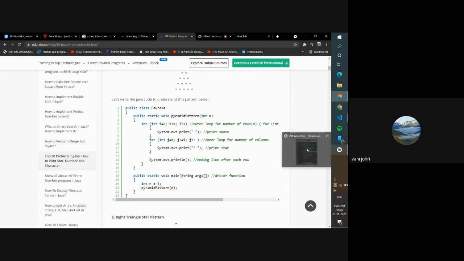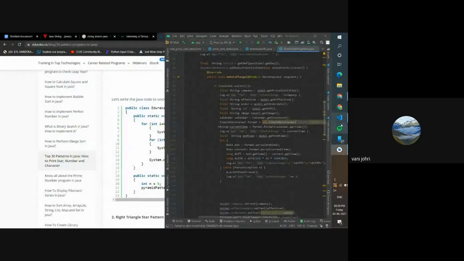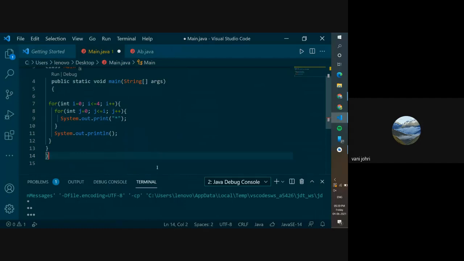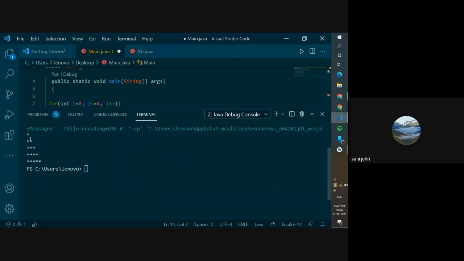So these are your rows and the standing ones are your columns, right? So your outside for loop decides your rows. So there's 1, 2, 3, 4, 5 rows because we're running it from 0 to 4. 0 to 4 are 5 numbers, right?